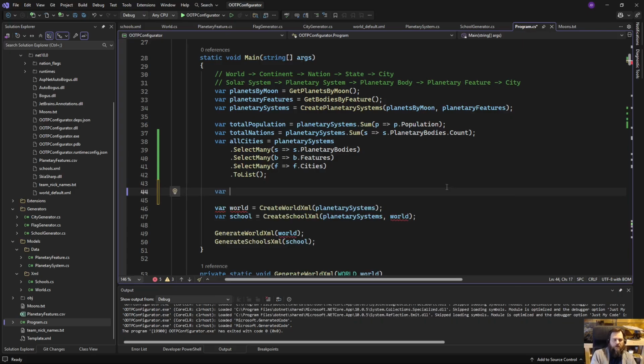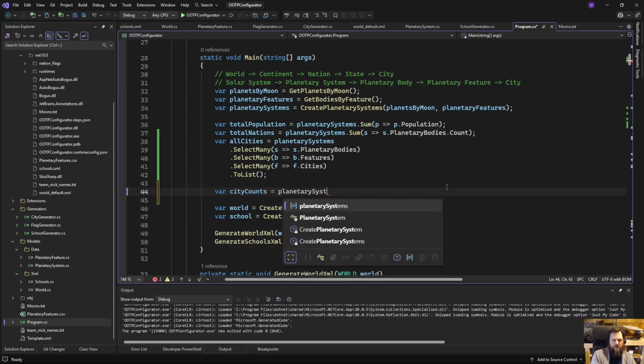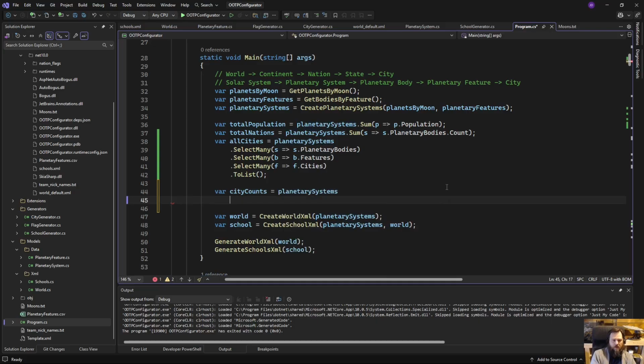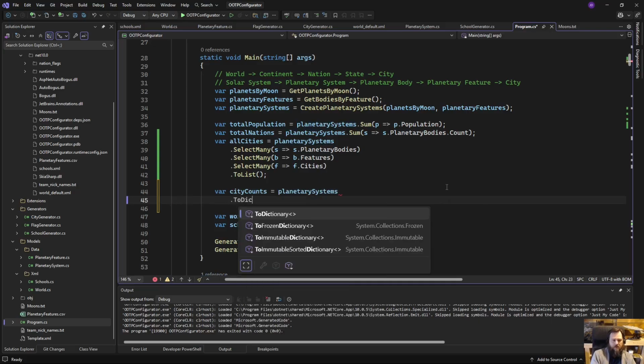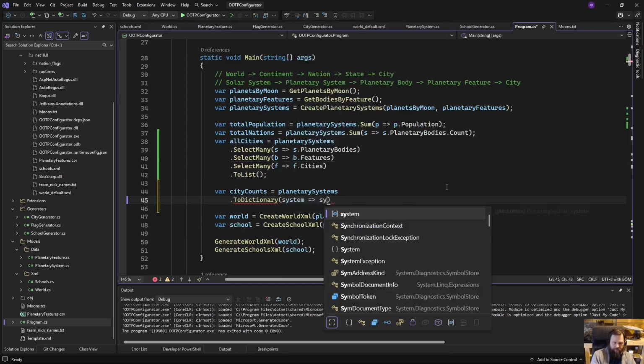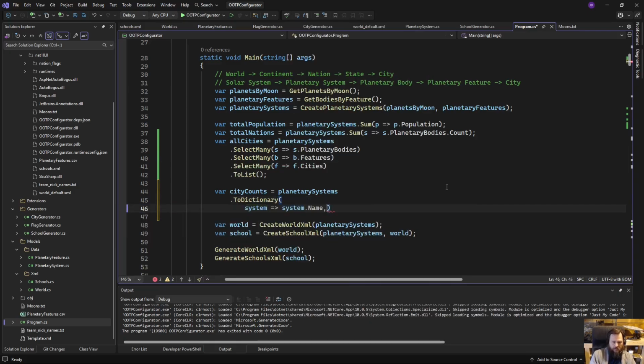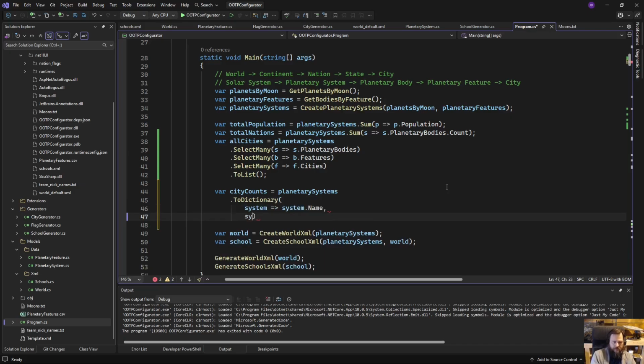Okay, let's go. City counts equals, we'll go planetary systems dot to dictionary, system name, and the key is going to be kind of wacky. I want to make a count of all the cities. So system dot